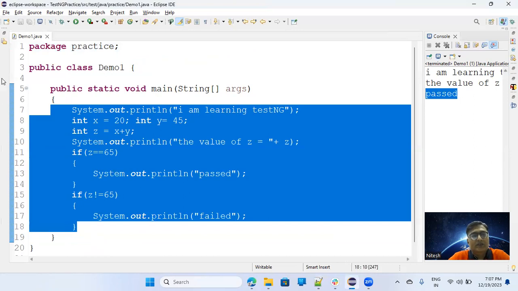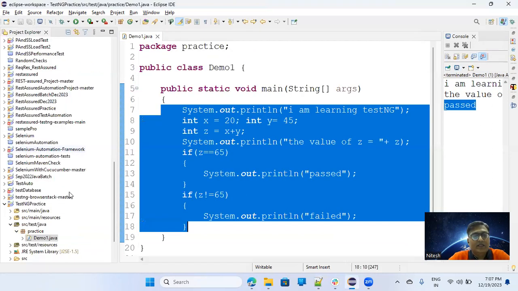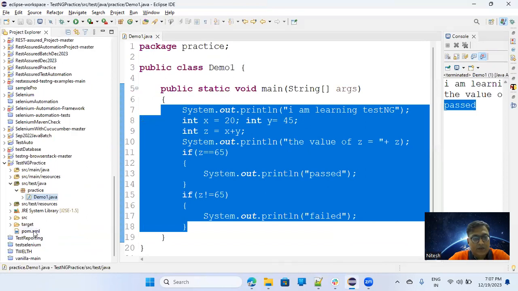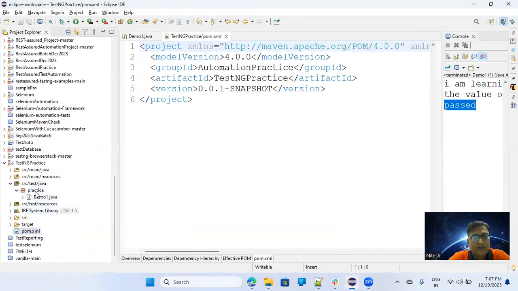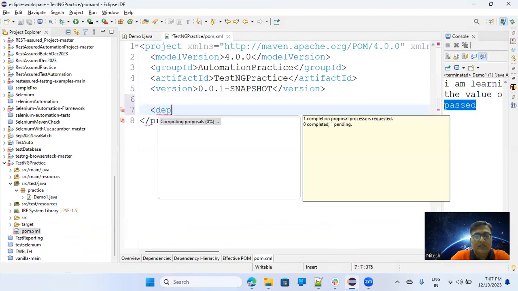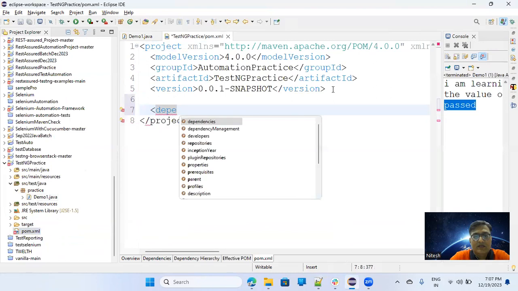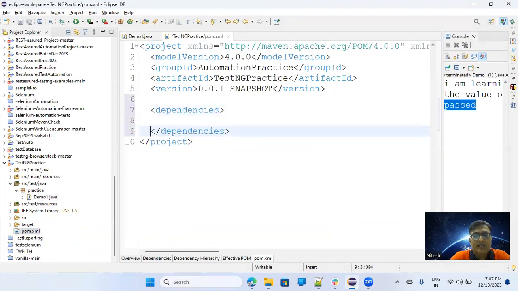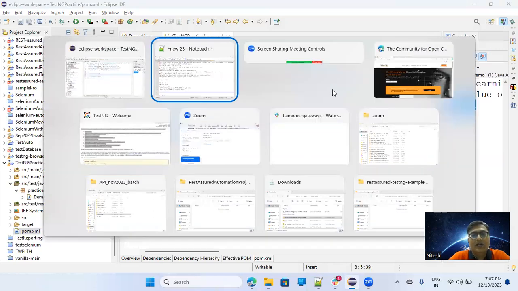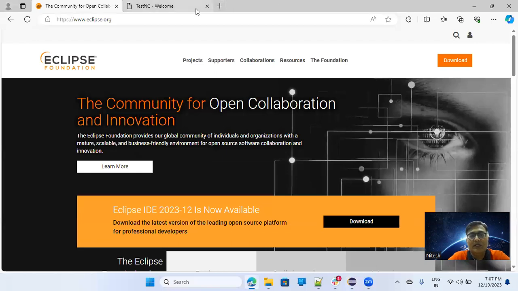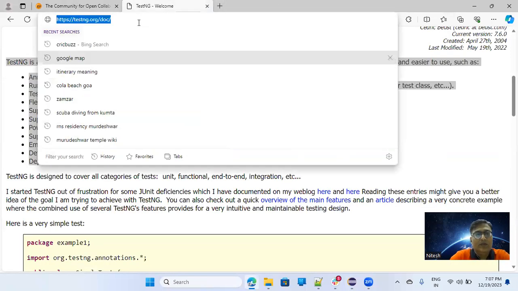The very first thing is we should add the dependency. So go to the pom.xml in your project. Here you will say dependencies. Inside that, you can add all the dependencies related to your project or whatever libraries you want to use in your project. As of now, you have to add TestNG. How to get it? You can simply go to